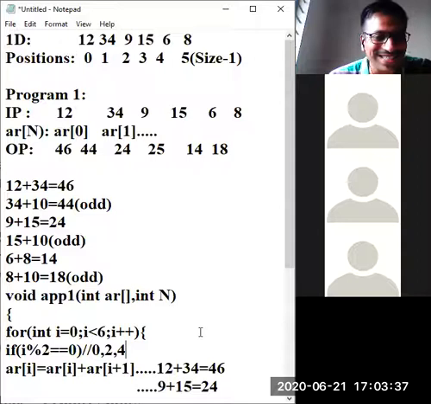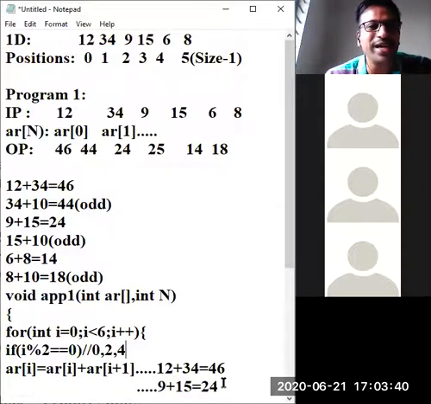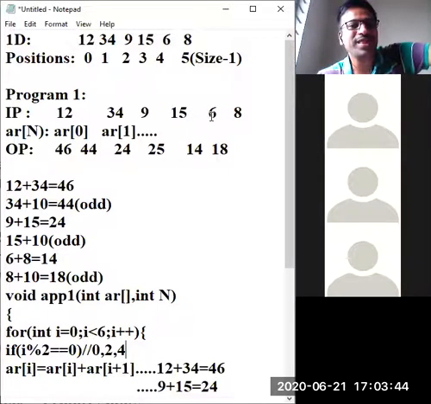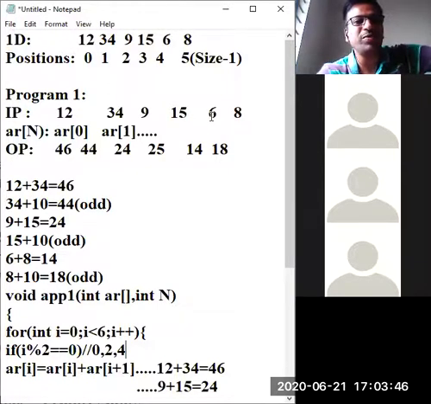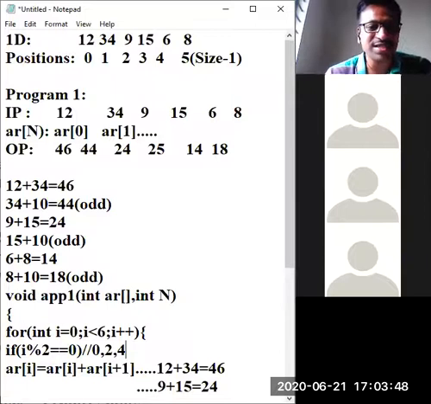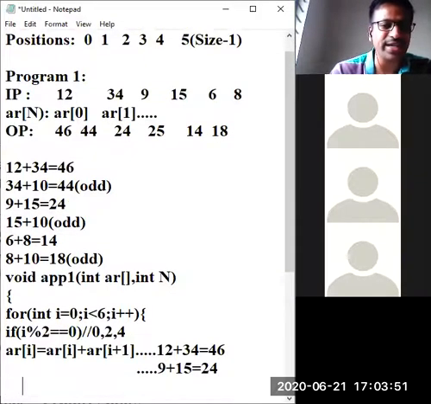So 4 is a success. Yes. So you can make 4 plus 1. AR of 4 is 6, AR of 5 is 34. 6. Somebody is counting well there. I think Aisha it is or Anjali.